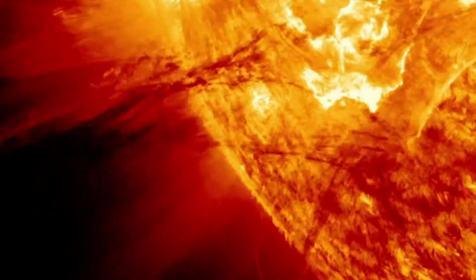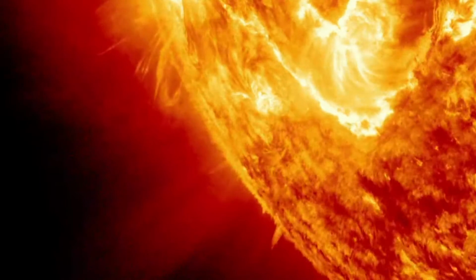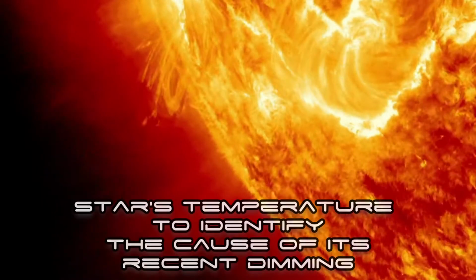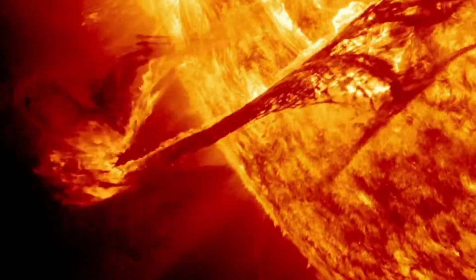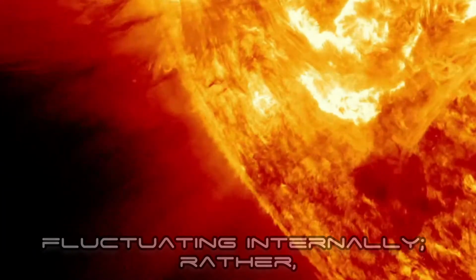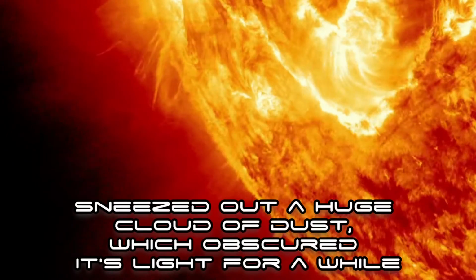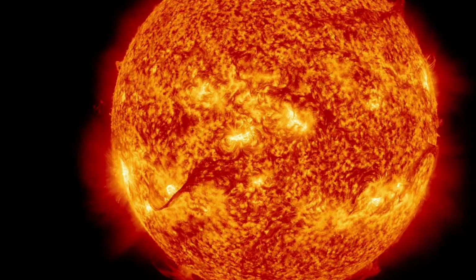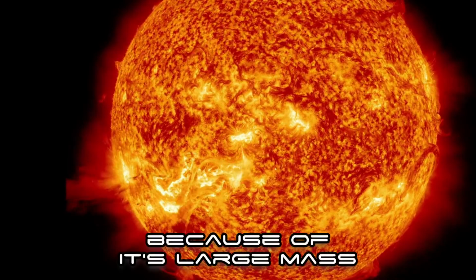As the red supergiant Betelgeuse once again returns to normal brightness levels, astronomers have taken the star's temperature to identify the cause of its recent dimming. It turns out the star wasn't fluctuating internally; rather, Betelgeuse sneezed out a huge cloud of dust, which obscured its light for a while. Less than 10 million years old, Betelgeuse has evolved rapidly because of its large mass